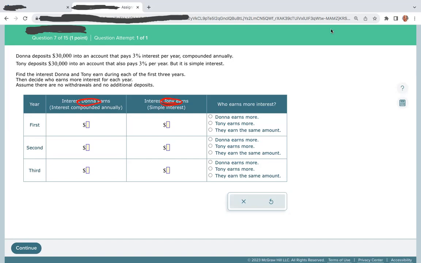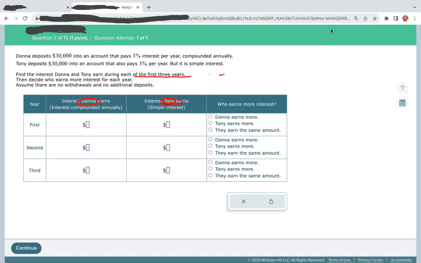I am going to go ahead and get started with finding the interest for Tony because, guys, it's easier to calculate simple interest. Now, for this one, because it's simple interest for Tony, you get the same amount in interest every single year. And remember, you're doing this for 3 years. They want to know how much interest is earned at the end of each of the 3 years: at the end of the first year, the second year, and the third year. So to calculate simple interest, we simply use our basic formula,